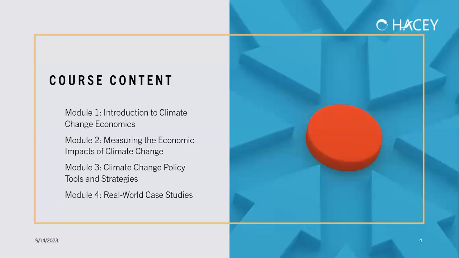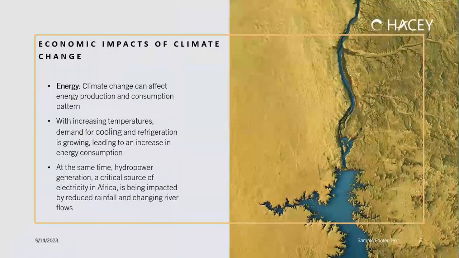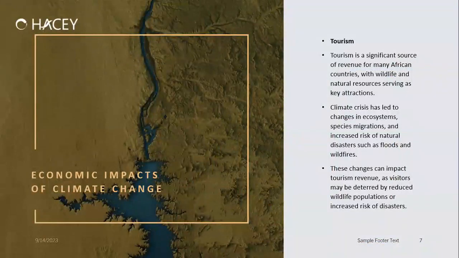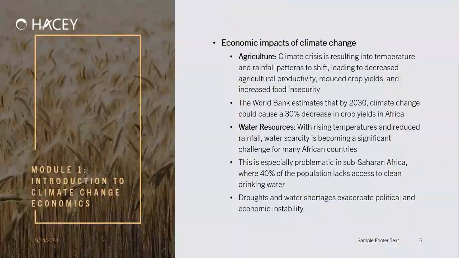And so in terms of climate change and the economic impacts that are associated with it, we know that, like we mentioned earlier on, we talked about agriculture, water resources, and energy itself, and I think we didn't talk about tourism itself. So the issue here is when there's a crisis like climate change happening, it touches on all these sectors. From the agriculture sector, we know about 55% of Africans are employed through agriculture, and the water resources